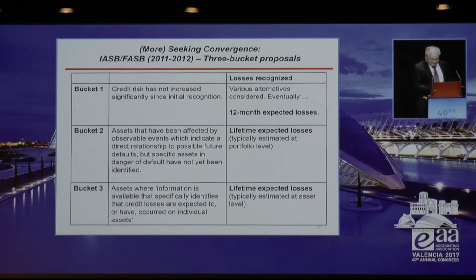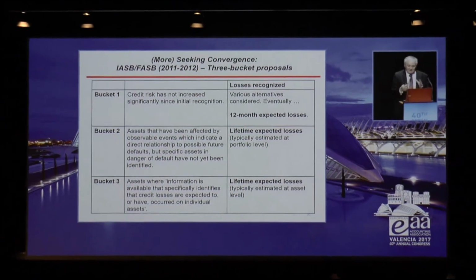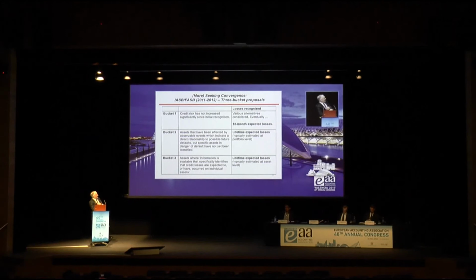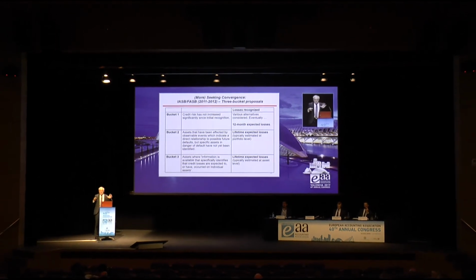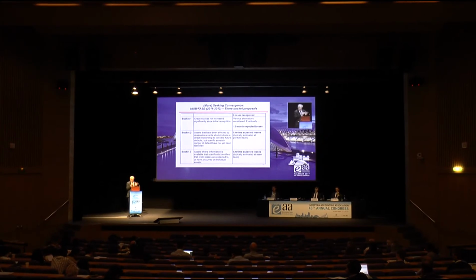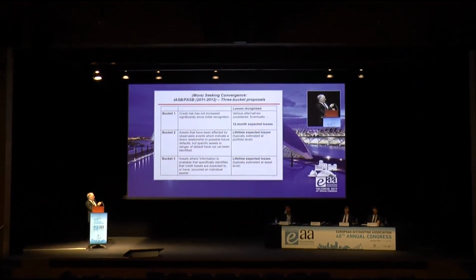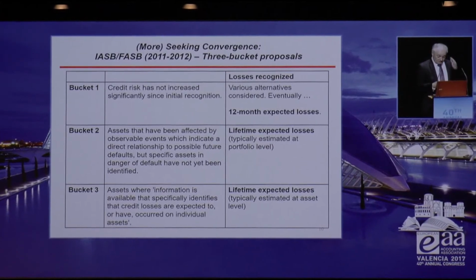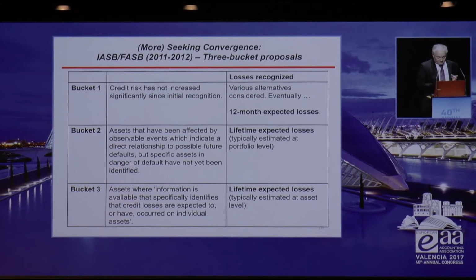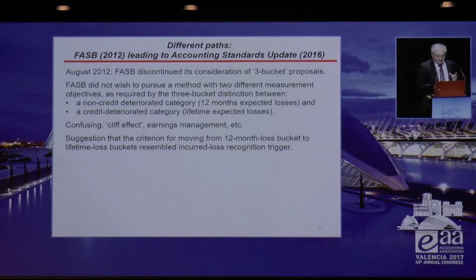Right, so after the comments on this supplementary document, the standard setters came up with this so-called three-bucket approach, where they were effectively distinguishing between a category for which there had been no significant increase in credit risk since initial recognition of the loan, and categories where there had been a significant increase. And then the idea was that there would be partial recognition of losses for the category for which there was no reduction in credit quality, and lifetime expected losses would be recognised for the other categories. This went on for quite a long time, a year or so, looking at this